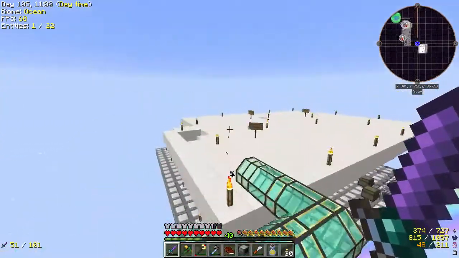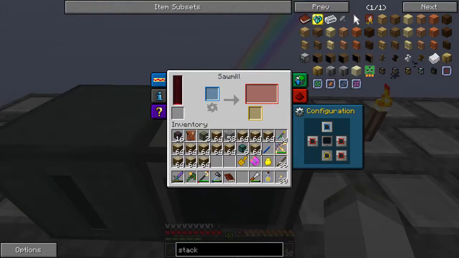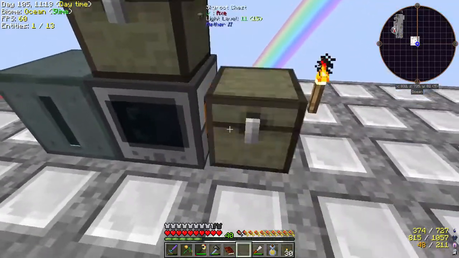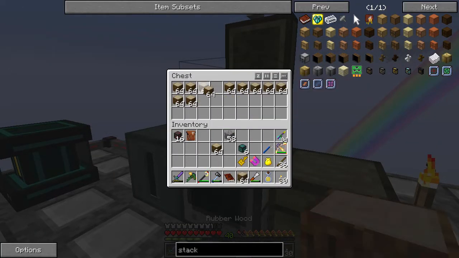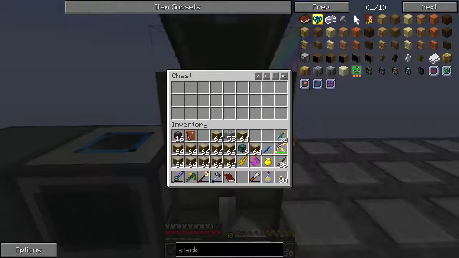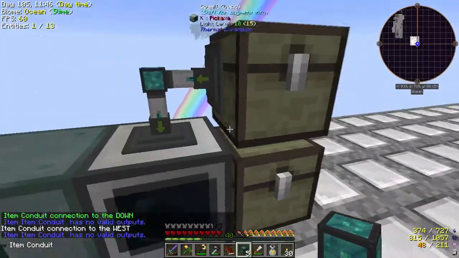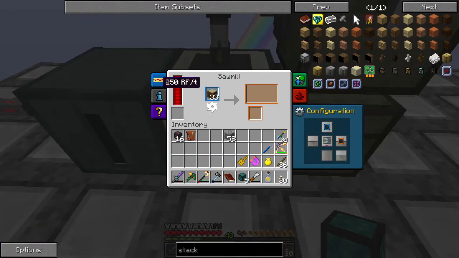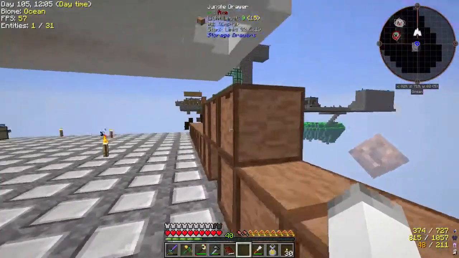So what we're going to do is we're just going to take this stuff and we're going to move it right over here. And just for the time being, I'm going to put the sawmill right here. We're going to input, output everything. I don't even know that I need the, does it automatically pull? No. Alright, so we'll just move this like right here. It should automatically push. And we'll just do this. Extract always active, insert. Perfect. So this will start, wow, working incredibly fast because everything is sped up in this mod pack. But that will basically give us a bunch of wood,